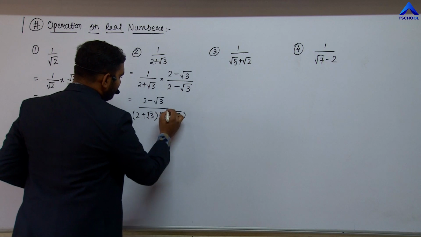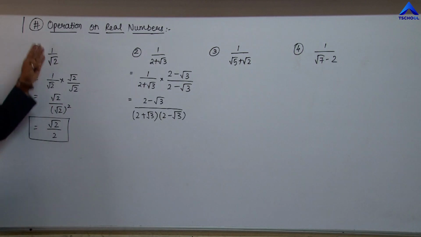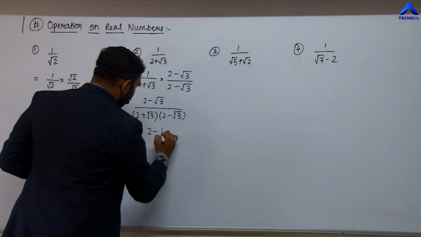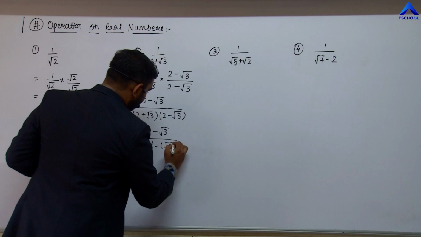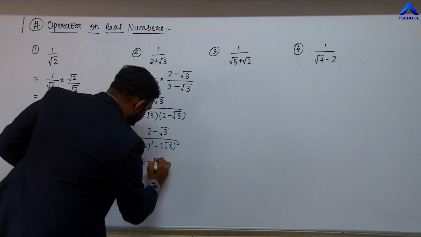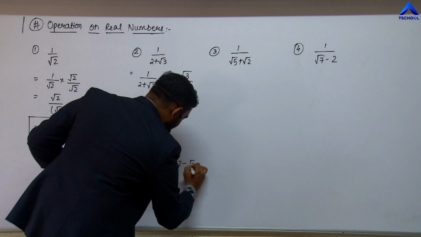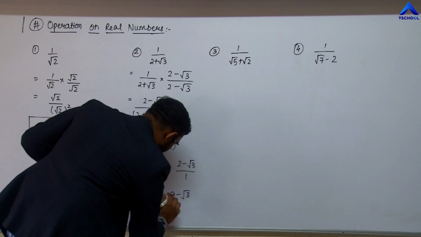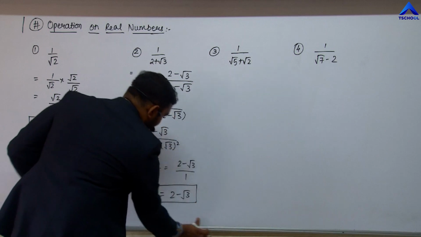So I think here in the denominator we can apply the fifth property. The fifth result that we have written here previously, that is equal to 2 minus root 3 divided by 2 square minus root 3 square, right? And that gives me the final answer 2 minus root 3 upon 4 minus 3, that is 2 minus root 3 upon 1, which is equal to 2 minus root 3. This is the answer. Okay, friends.